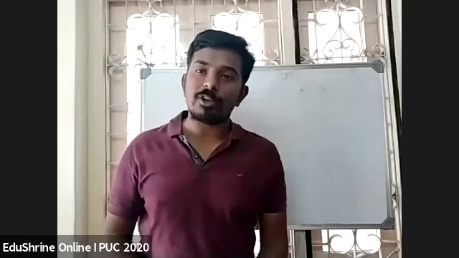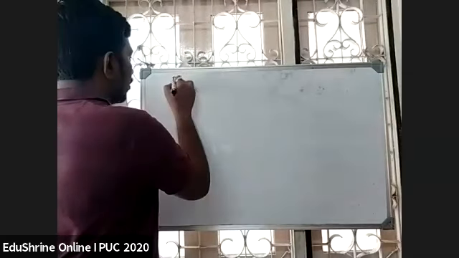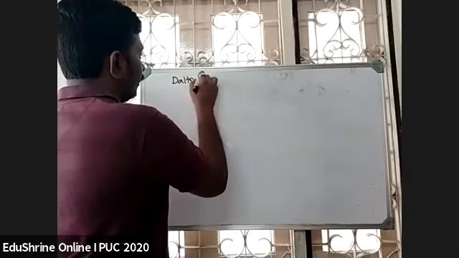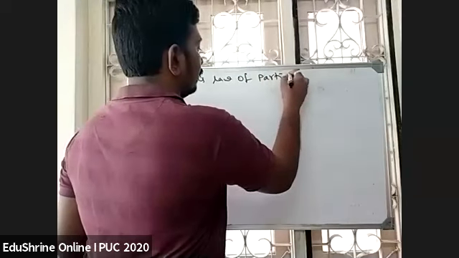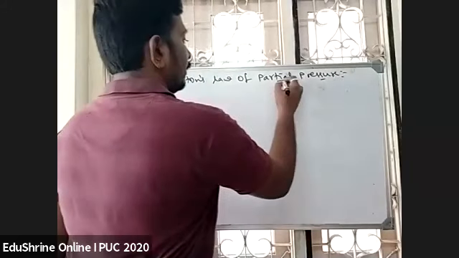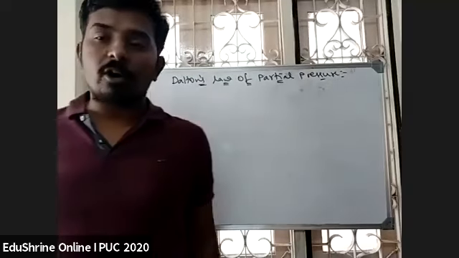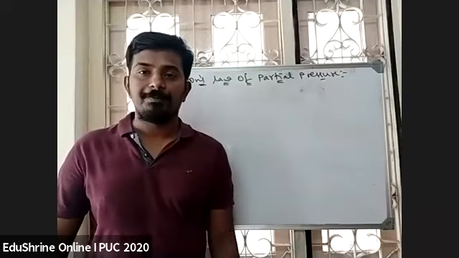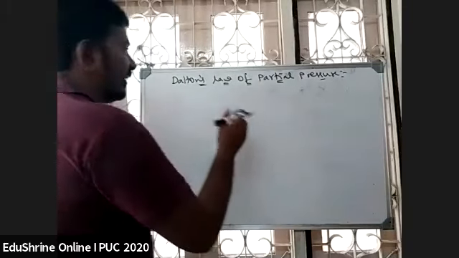Okay. So this is all about one part of the states of matter. Then there are 2 more laws, students. Let us see those laws. One is called Dalton's law of partial pressures. Next concept is Dalton's law of partial pressures. First I will give you the definition, then I will explain. So what is Dalton's law of partial pressures?